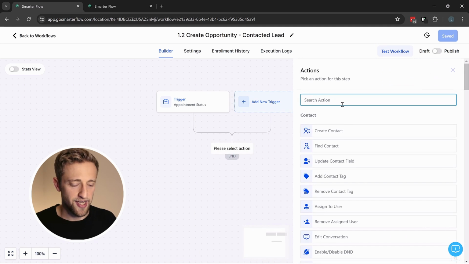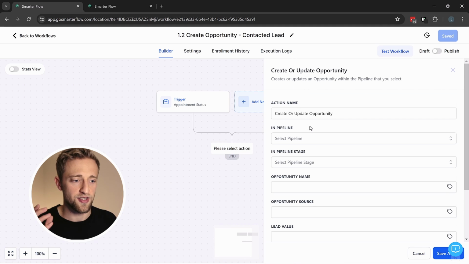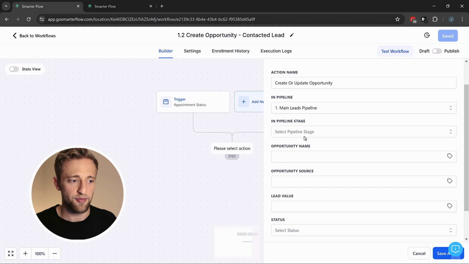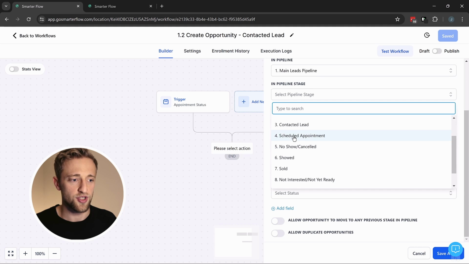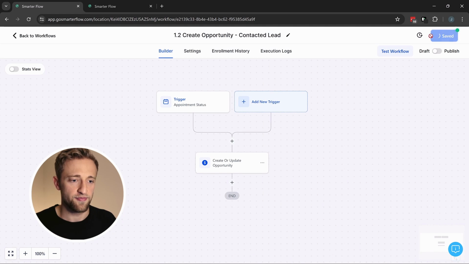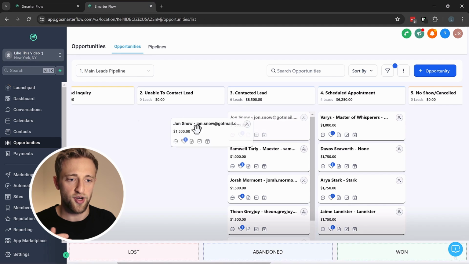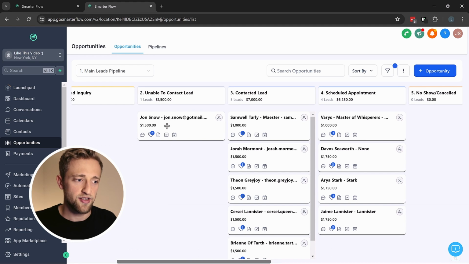And we could say then, let's update the opportunity and let's move its opportunity in the main pipeline to the stage scheduled appointment. I hope that makes sense. I hope that is very logical. And so yeah, it's pretty simple. Once they book an appointment, let's move that opportunity from wherever it was, let's update it and move it to